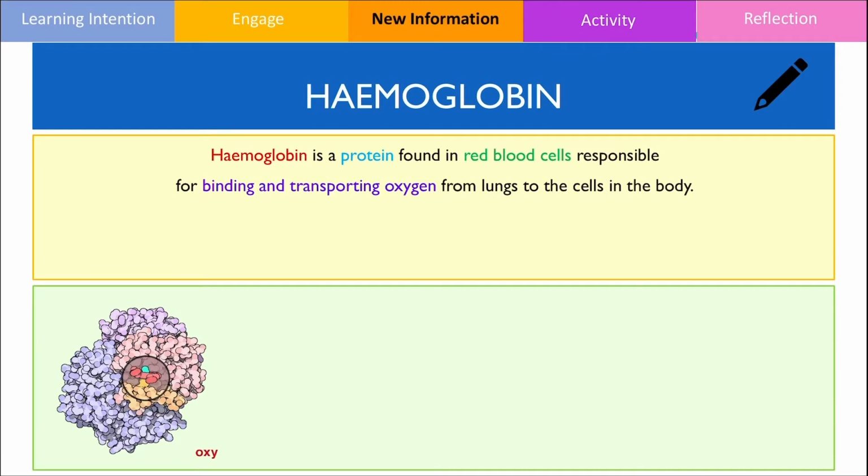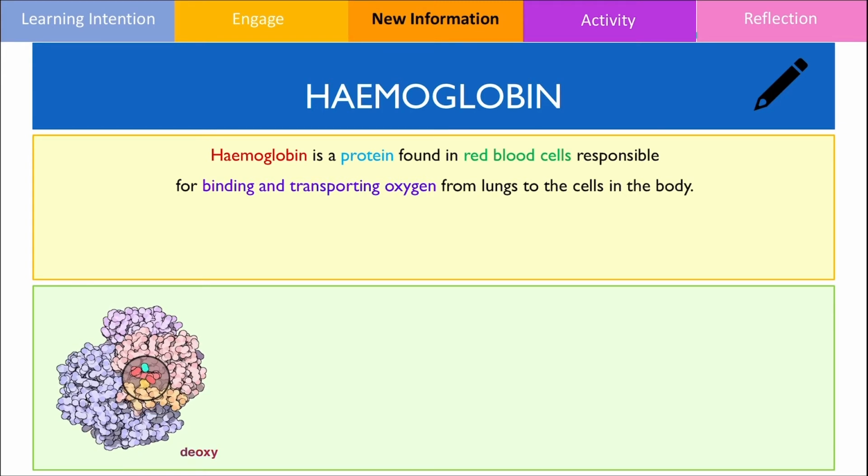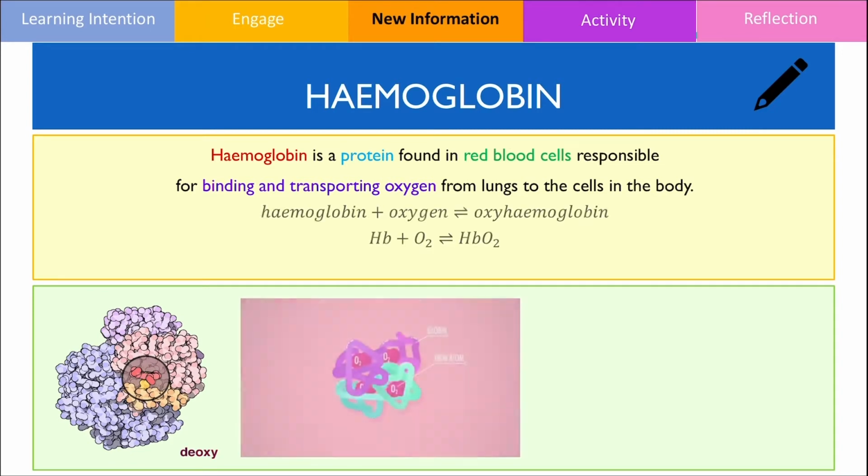Hemoglobin is a large protein found in red blood cells. Each red blood cell contains millions of hemoglobin molecules and they play an important role. Hemoglobin is responsible for binding or attaching oxygen from the lungs, which is then transported and released to the other cells around the body. The reversible reaction between hemoglobin and oxygen can be represented by the following worded or chemical